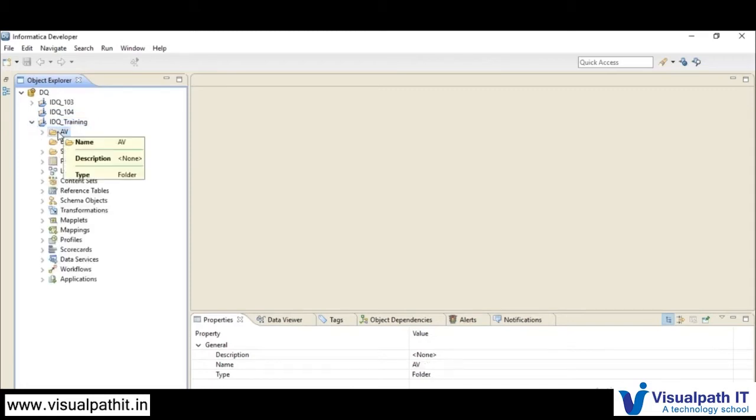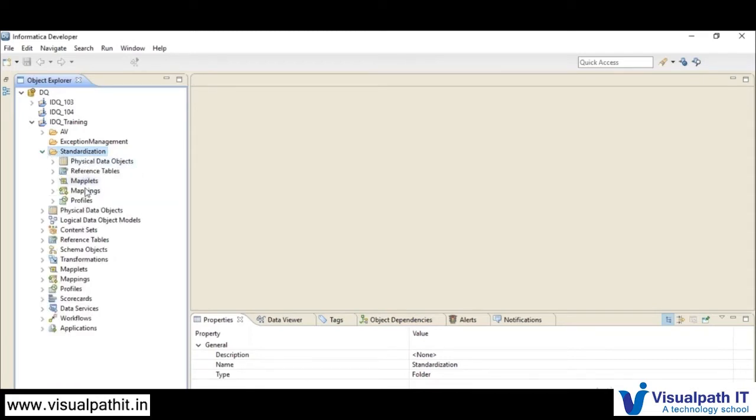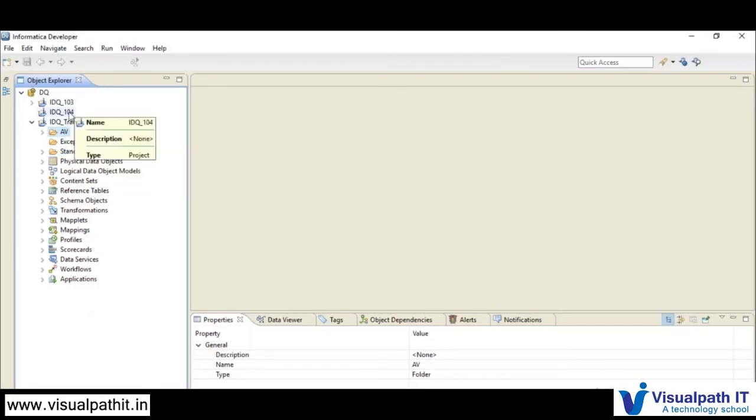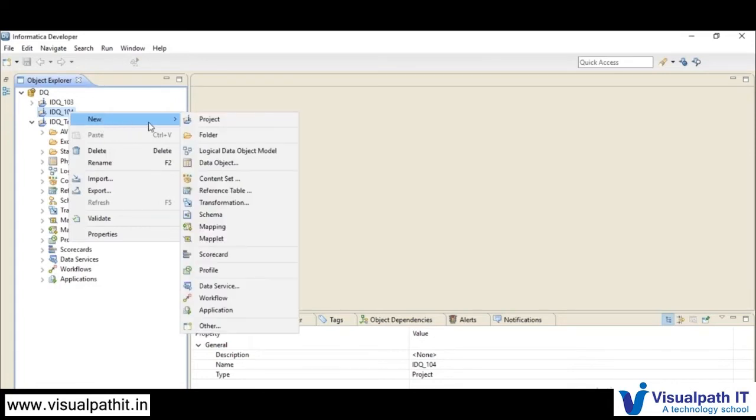Like I said, if you are working on a particular thing like address validation only, then you will take everything in an address validation folder, and you will implement all the data quality rules related to address validation. And if you are promoting standardization across your application, you may maintain a separate folder for that. In it you will have all kinds of standardization techniques, and then you can use those techniques. So this is used to distinguish the area you are working on. That is the folder we will be having.